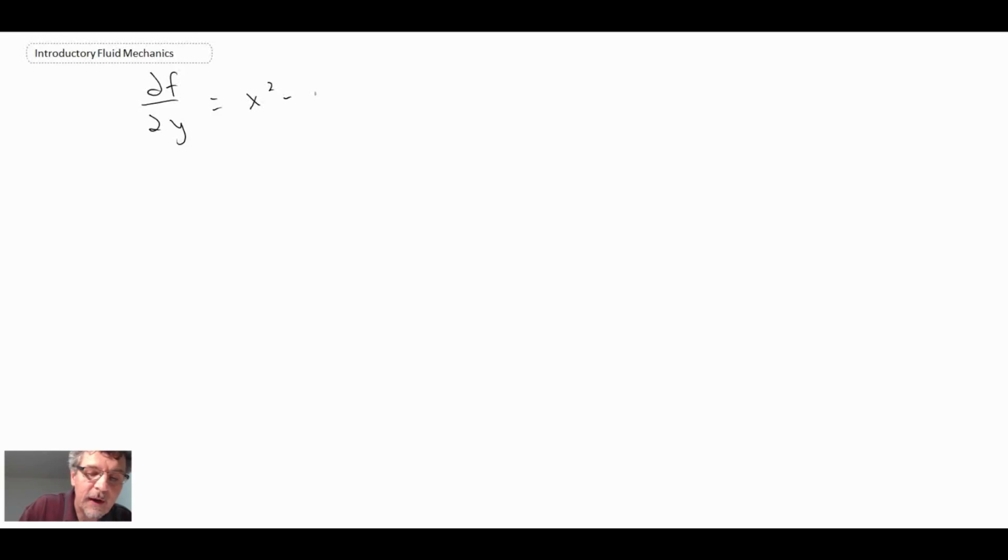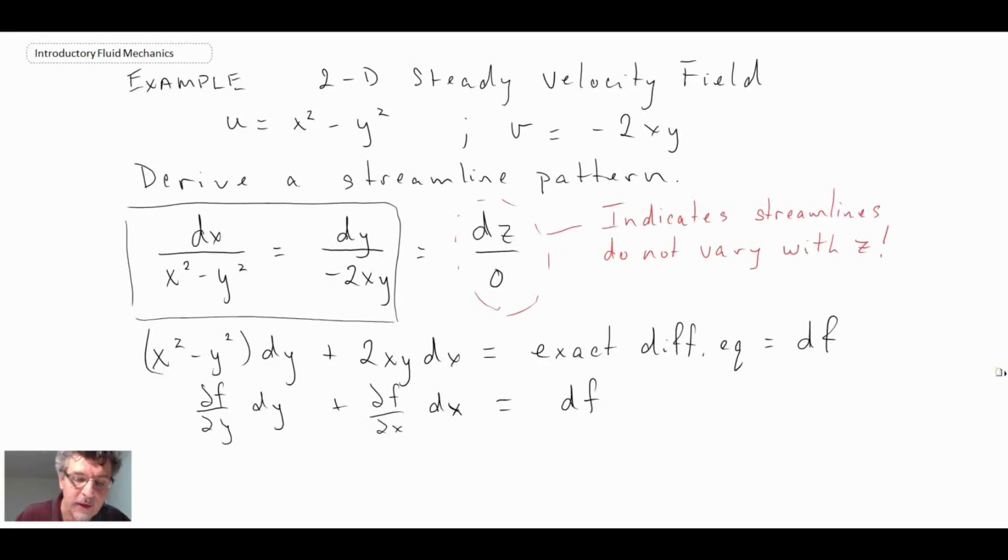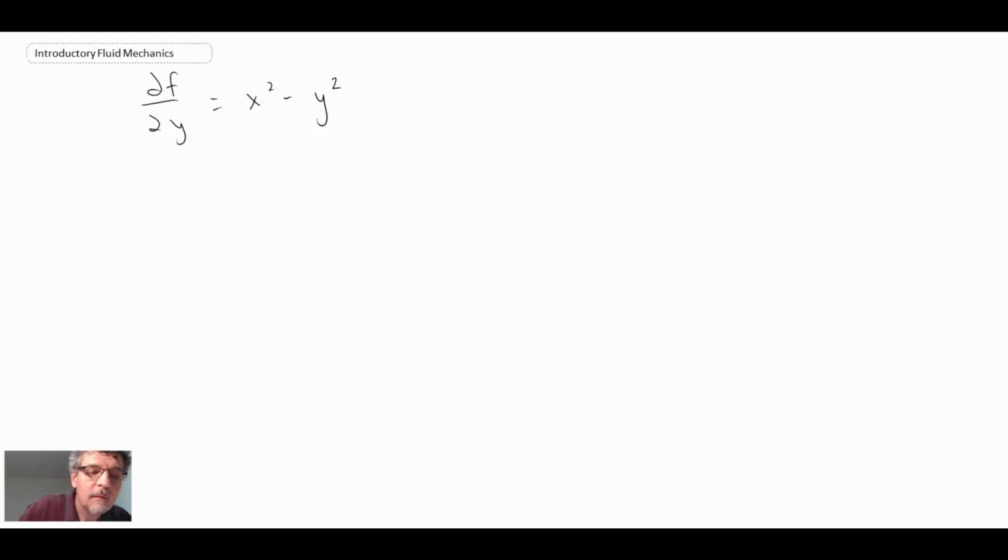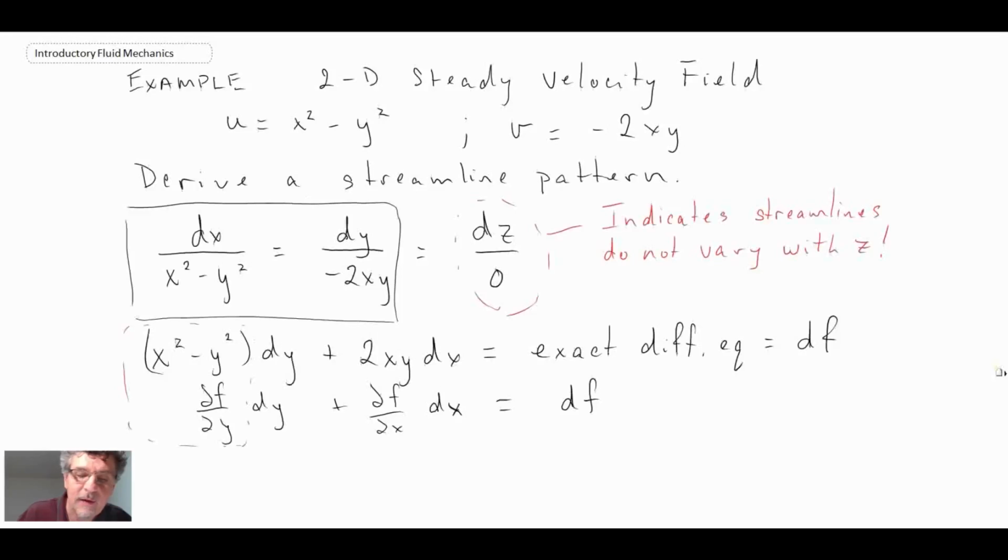equals x squared minus y squared. Looking back at our equation, that was this right here, partial f partial y. And so when we integrate that, we find that we get f is equal to x squared y minus 1/3 y cubed plus some constant of integration that could be a function of x. We don't know, but we will say that it could be a function of x, or it could just be a constant. And for the second part of the equation, which is right here,